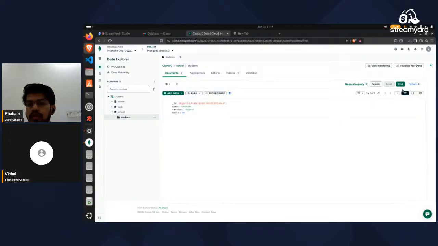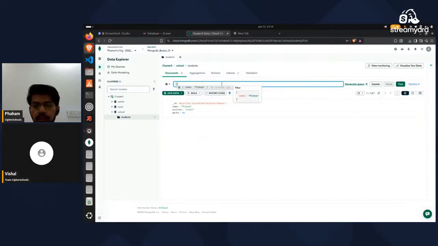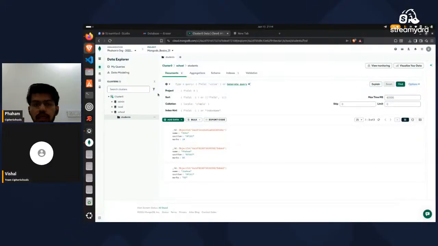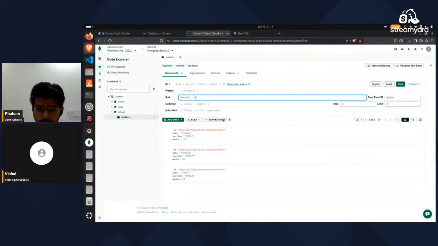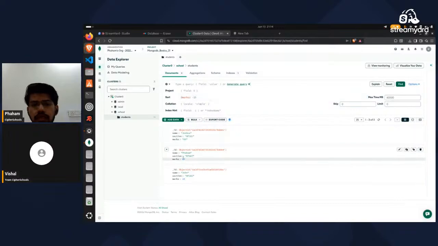Just a second, I'll just close this one, refresh this one, and hit enter. I have all the options, and now I just want to sort on the basis of marks, as I have demonstrated in MongoDB Compass. Basically, you can always sort in Atlas as well, correct? You just have to enter, as you can see, on the basis of marks. The 60 marks is there, then 80